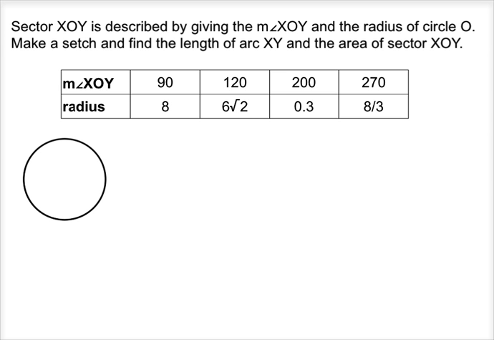If I start to fill in, they're talking about circle O, so I know the center is O. They're talking about sector XOY. The first problem here is a 90-degree angle, so this angle XOY is going to be a 90-degree angle. And they want me to find the arc length and the area of the sector. The first thing I need to find is that arc length. I know it's a 90-degree angle, and I also know that the radius is 8. So if I'm looking for the arc length,